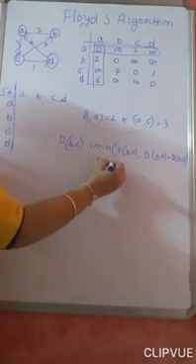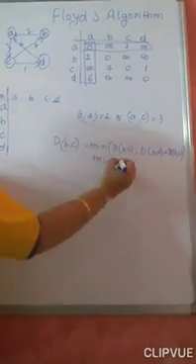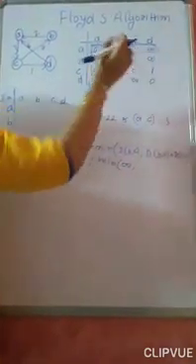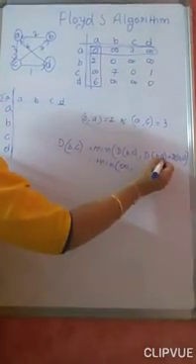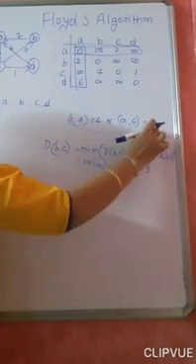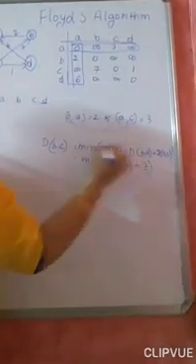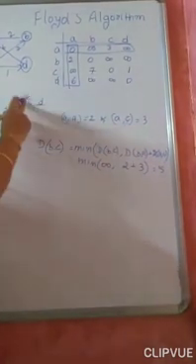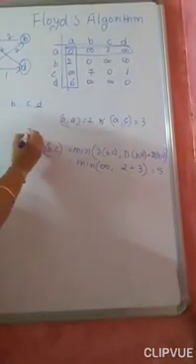So it is min of: what is the distance from B to C you are having? B to C was infinity. Previous distance B to C was infinity. If I go through A, it is 2 plus 3. That is this plus this. So which is the minimum among these? It is 5. So B to C now is 5. So change that one. Okay, B to C is 5.